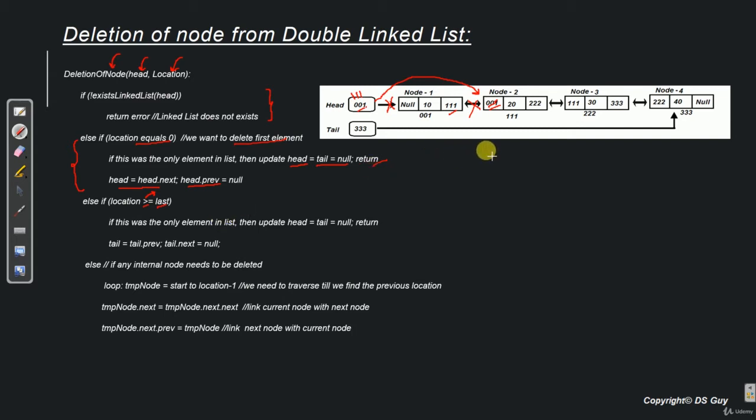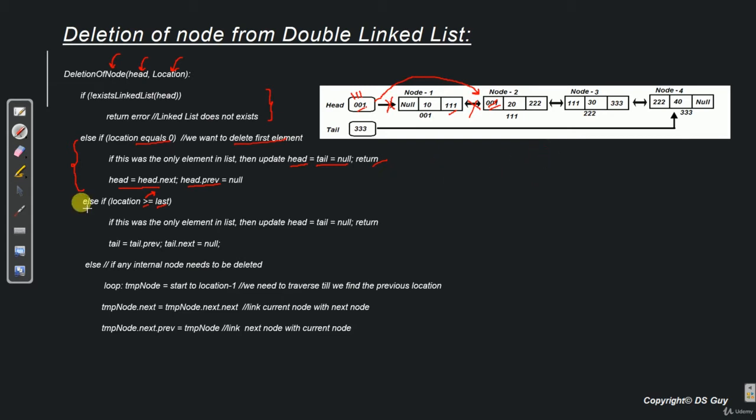Let's say in this list we have 4 nodes and the user gives delete node number 10. Node number 10 does not exist, so we have two options. Either we return an error message saying that node 10 does not exist, or we delete the last node, assuming that the user wanted to delete the last node but does not know the size of the list. I have taken the second approach, which is deleting the last node. You can always take the first approach as well, that is, returning an error message saying that node 10 does not exist. It all depends on you.